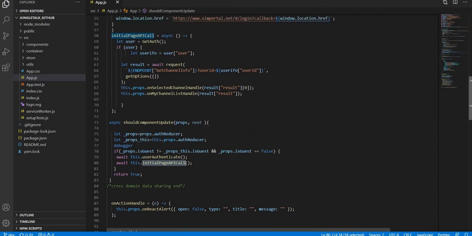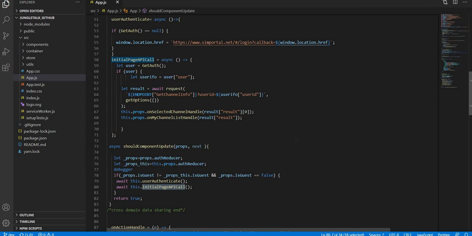If you want to compare with our previous video, there we directly called it under componentDidMount. But in this scenario we are calling it under shouldComponentUpdate. The reason we use these several conditions is that shouldComponentUpdate is called each time our reducer is updated, so we have to provide some conditions here.